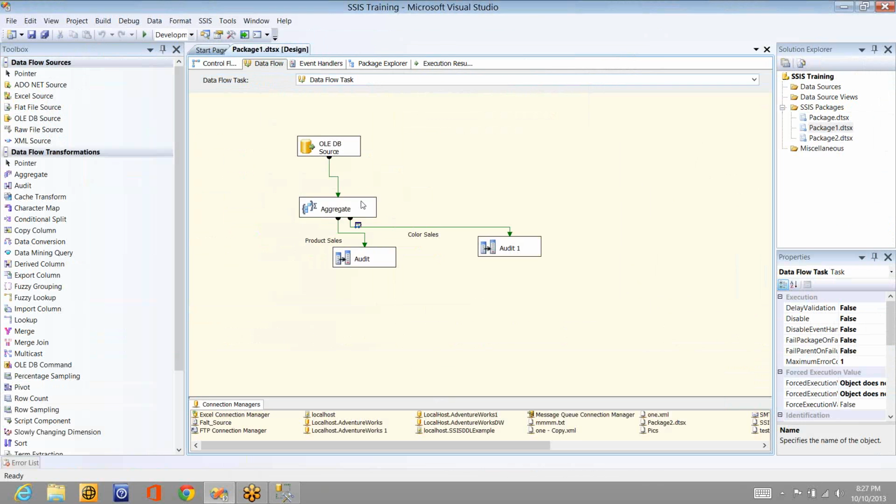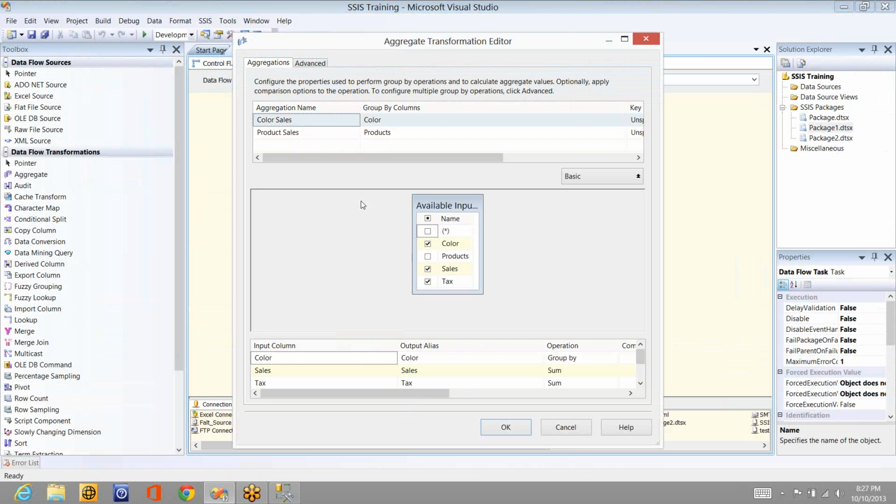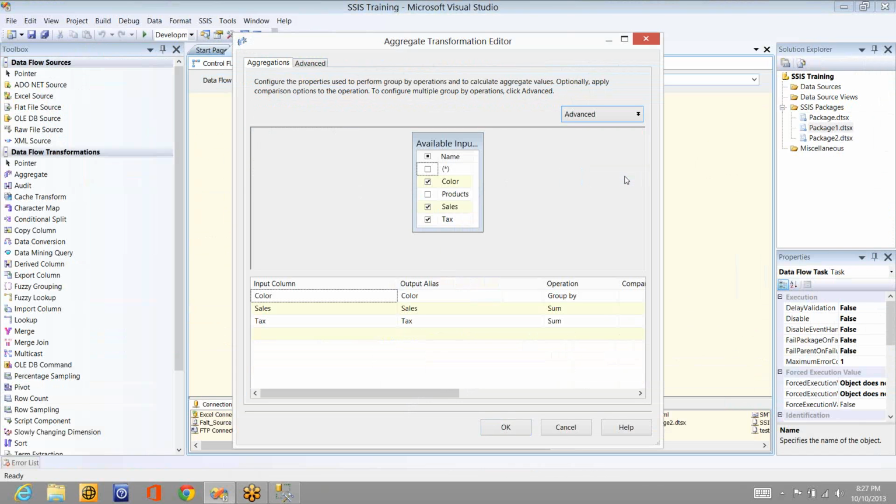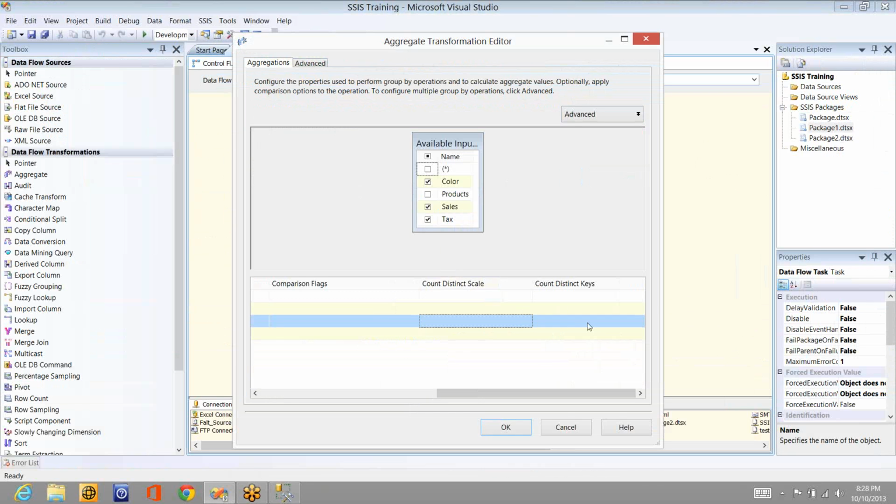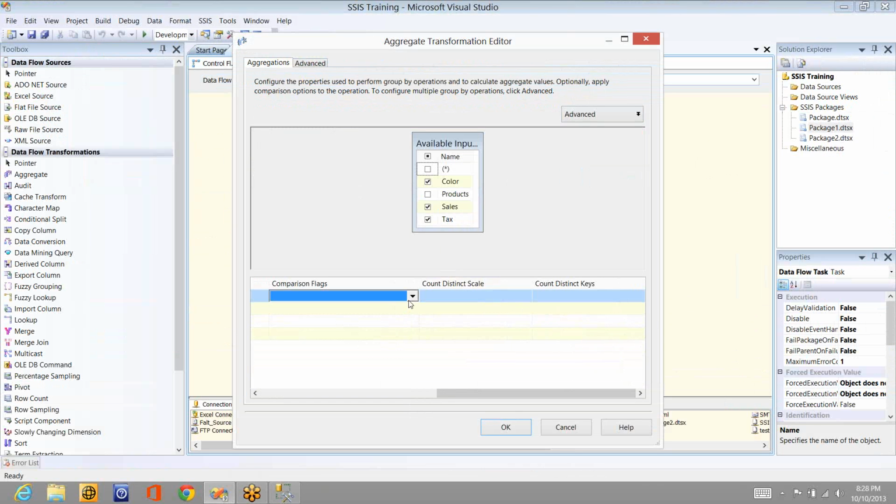So let me double click on this to see what properties we have that we can configure. Let me go back to the basic model so that I'll get some space. Here you have count distinct scale, and count distinct keys, and comparison flag. These three are not enabled for this one. If I double click on this, it is not changing. But if you go for comparison flag